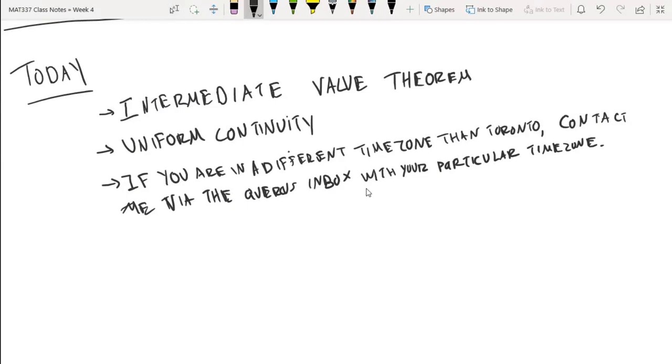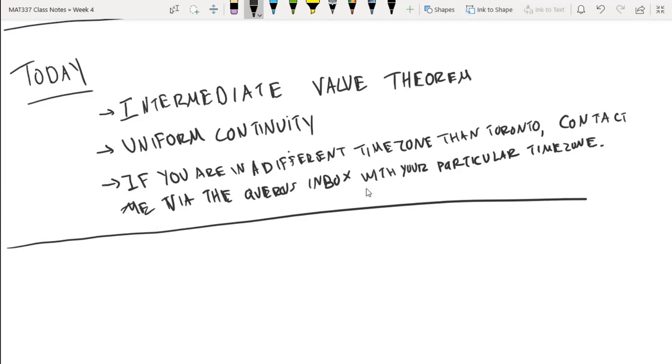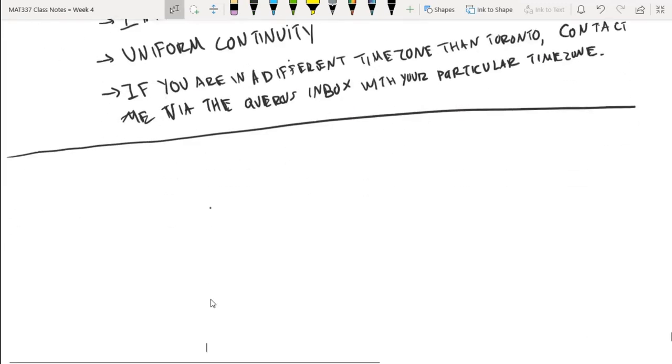Today we'll prove the intermediate value theorem. Right, so just as a remark,